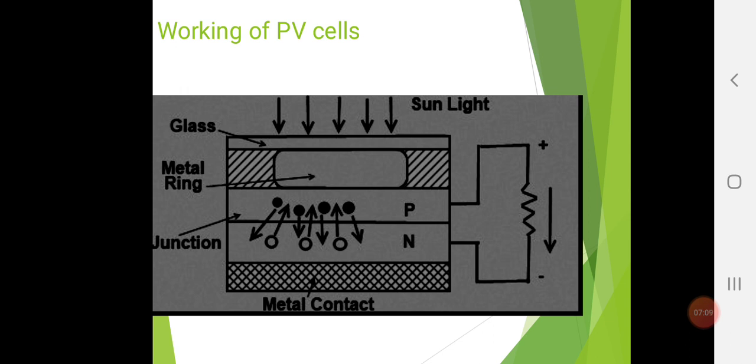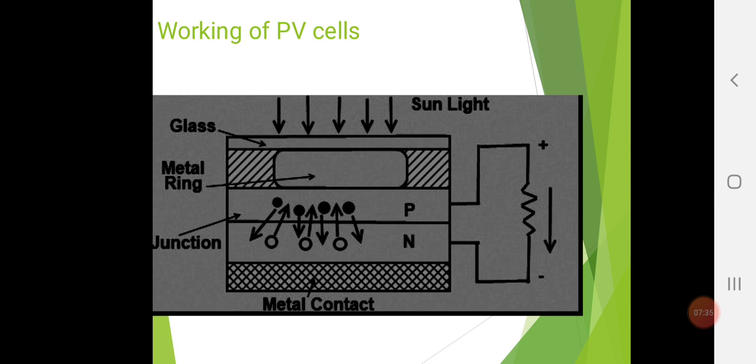The top junction layer is N-type, made using electron deficit material, and the lower or back junction layer is P-type. Electropositive metals possessing only one valence electron are used to form the lower layer because they can lose an electron easily,